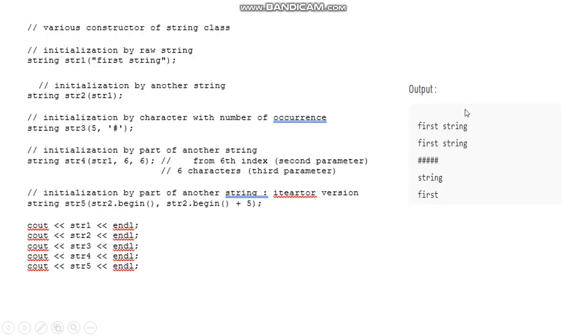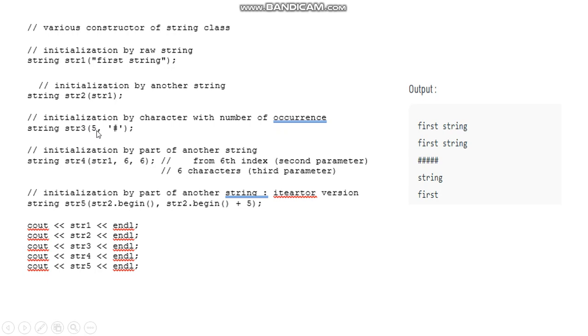Some more examples are given here. str1 is initialized with a string, and str2 is initialized by str1, so this content is assigned to it. The third, str3, is a new string we are creating.